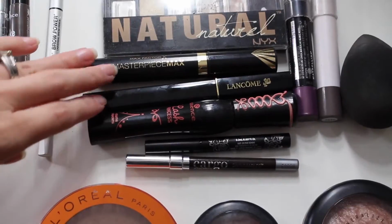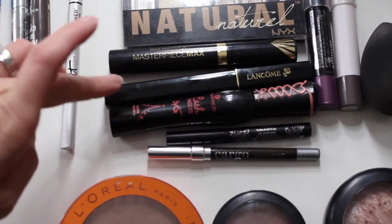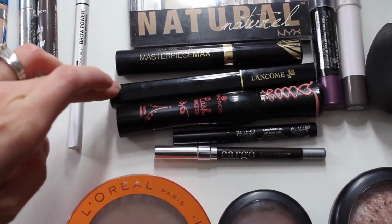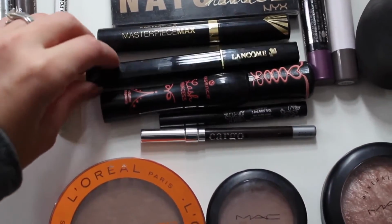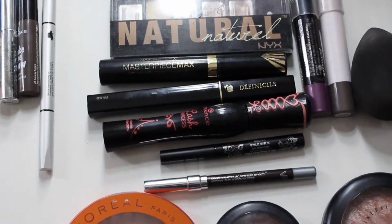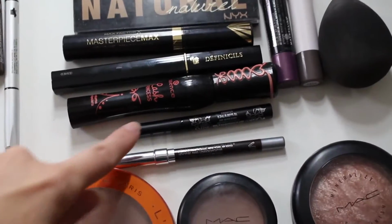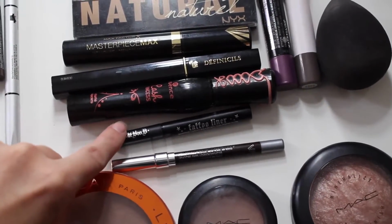I have 3 currently. The Max Factor X Masterpiece Max, it's a long name. The Lancome Definicils, I believe that's called, and then the Essence Lash Princess. So I'm keeping those. As far as a liquid liner, I don't use it very frequently, but I did just recently